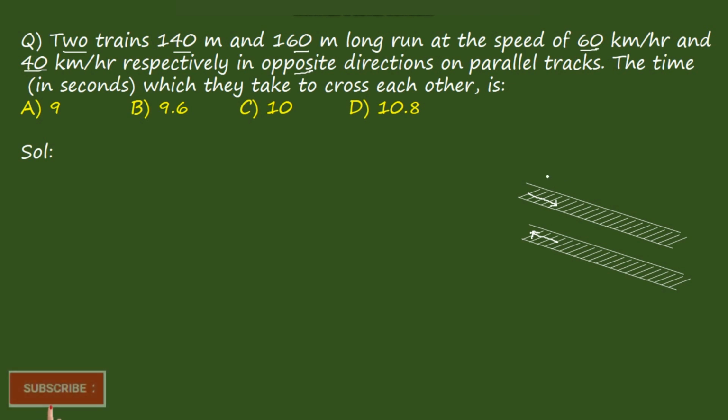If we write it here, okay, it becomes 140 meters and it is 60 kilometers per hour, and it is 160 meters and it is 40 kilometers per hour, right? So the time which they will take to cross each other is given by the general formula, time t is equal to